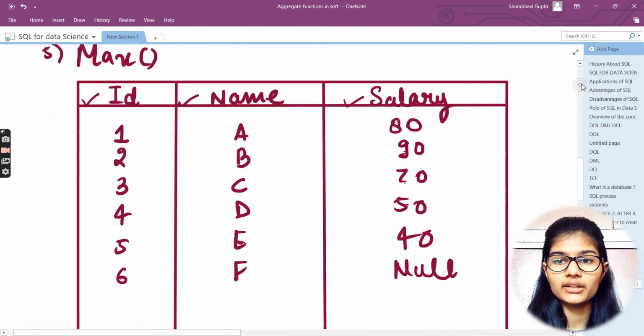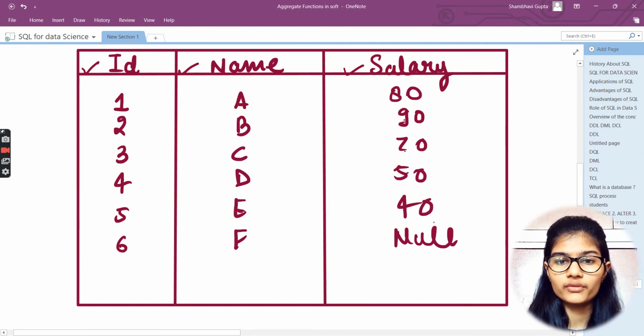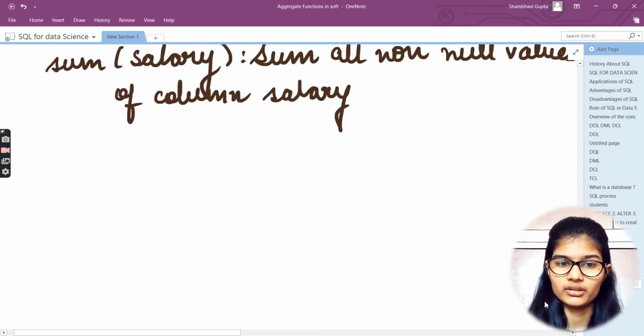The salary column we were having right here. If I do the addition of all of these, I'll be getting the final output whenever I use the sum aggregate function. This is what it is used for.